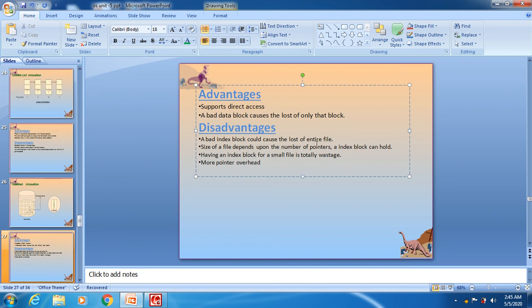How many pointers we have in that block determines the size of that file. Next, having an index block for a small file is totally wasted, so it is not suitable for a small file. And there is more pointer overhead. Since more pointers are used, more memory is wasted to store them. So these are the three different allocation methods for files.